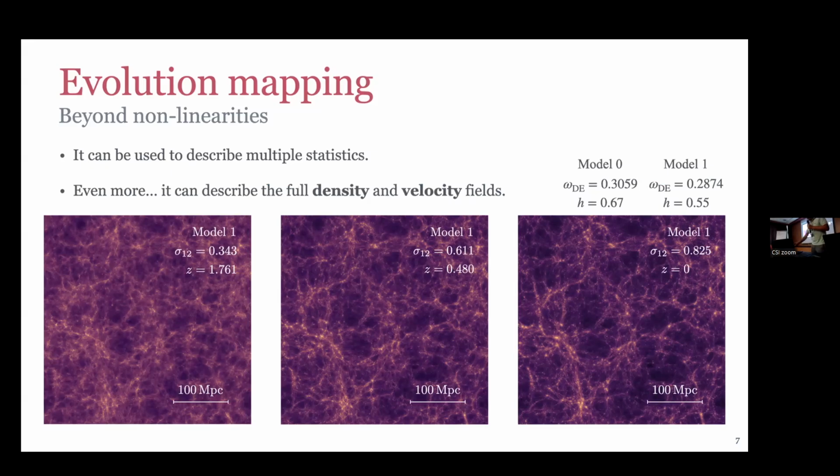Of course, if you are more picky and you go into the nonlinear scales, you will start noticing differences. And we know how those differences work. We know how to account for them. In Arias' paper of 2022, he explains how to account for them in the nonlinear power spectrum. In Mateo Esposito's paper 2024, how to account for those differences in evolution mapping for the velocity power spectrum. Those won't be relevant in the rest of my talk because at this moment we are not implementing these differences yet, but Andrea will mention them in his talk later.